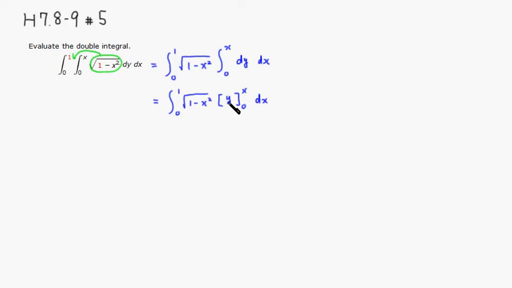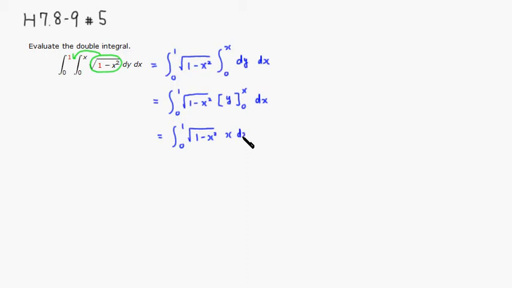So if you plug in x here, you're going to get x minus 0, so you're just going to have x. So you have an integral from 0 to 1, square root of 1 minus x squared times x